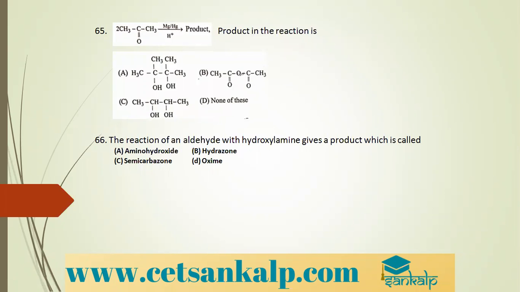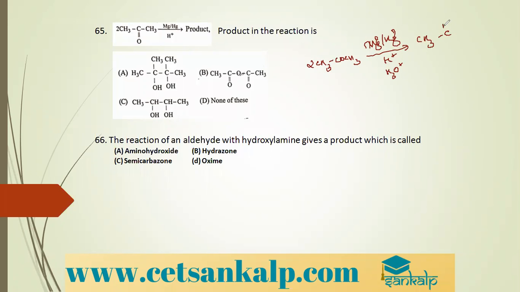2CH3COCH3, a ketone, when subjected to amalgamated magnesium in the presence of an acid, what is the product? They have taken two molecules of ketone, so two molecules of acetone, CH3COCH3, and you are subjecting it to amalgamated magnesium in presence of acid. We get H plus, or sometimes we can write it as H3O plus also. So the compound we get is